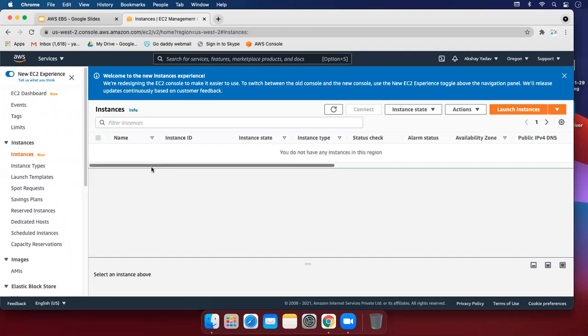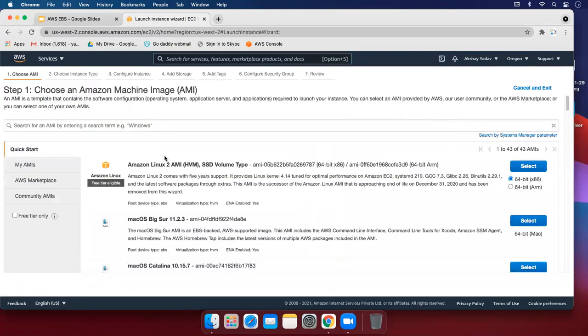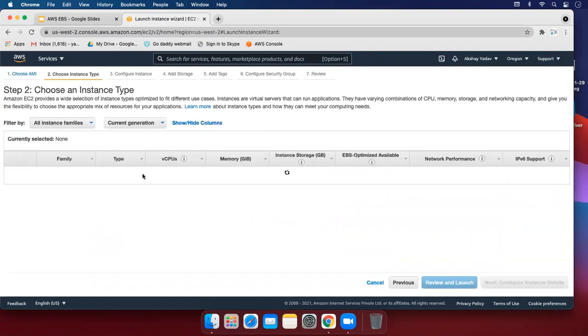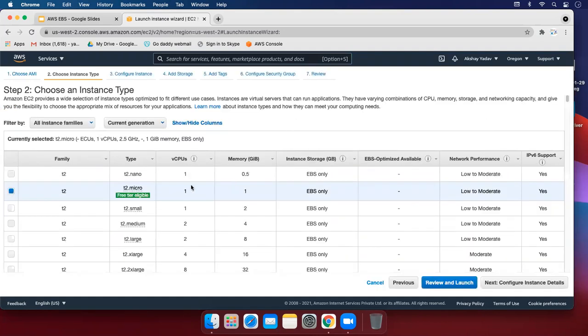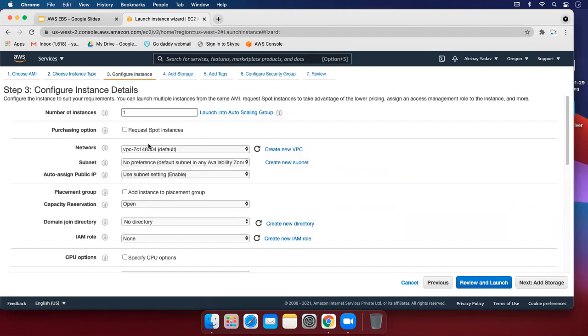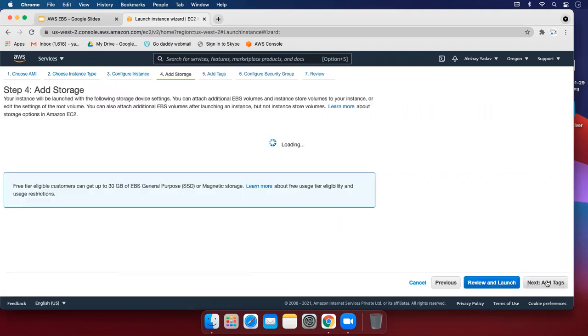There are no running instances in my console. Launch instance and select as default. So choose instance type. I select free trial and next, add storage.